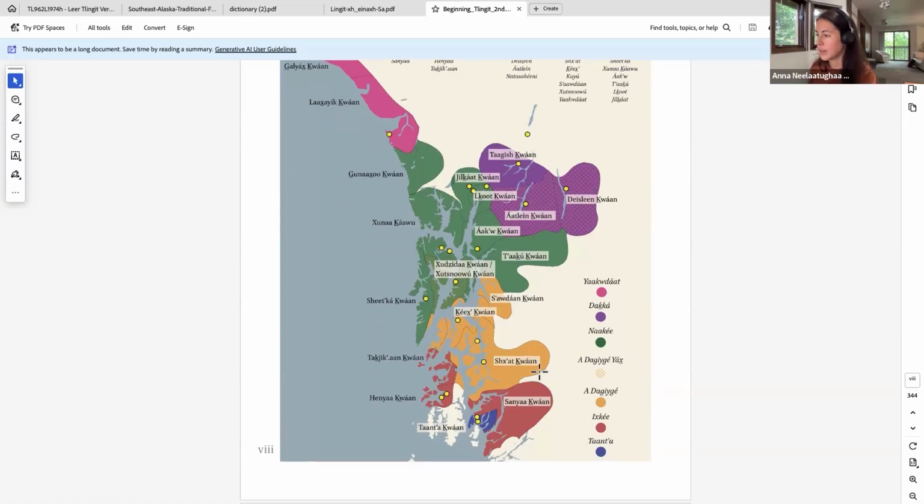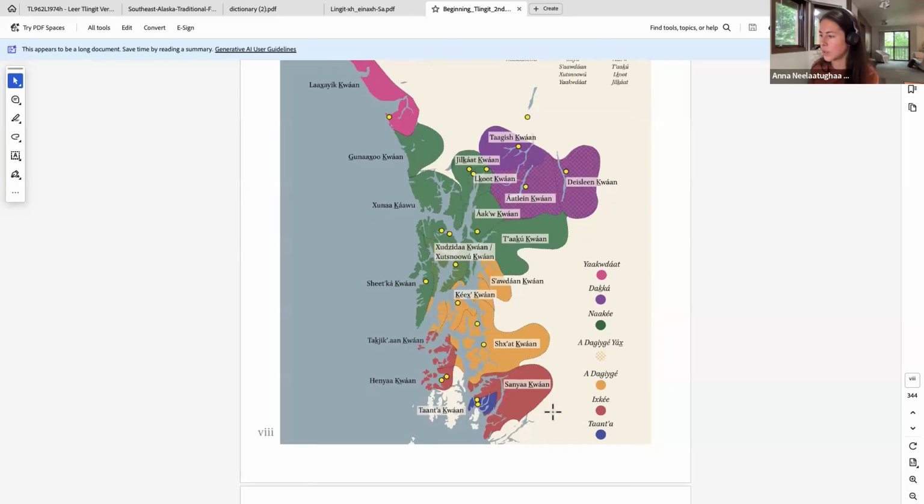And then a little farther south, this orange area of the map, Adagige. This includes Saudan Kwan, Kir Kwan, Shkret Kwan, so like Kake area. And then we get into the southern area, Ikki, and this is all labeled in red. So this is where Kloak is, Craig, Cape Fox, and they have a really beautiful dialect, and there's some awesome work being done on it